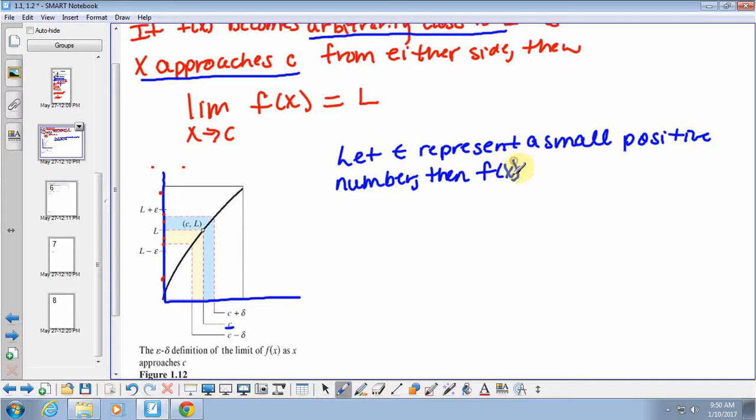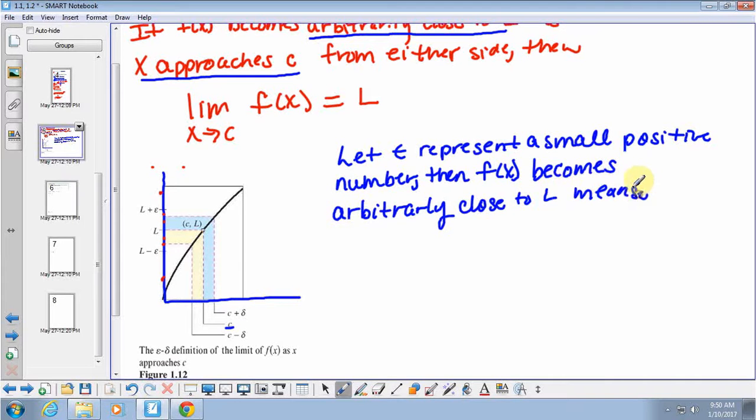Then f of x becomes arbitrarily close to L means that f of x is in